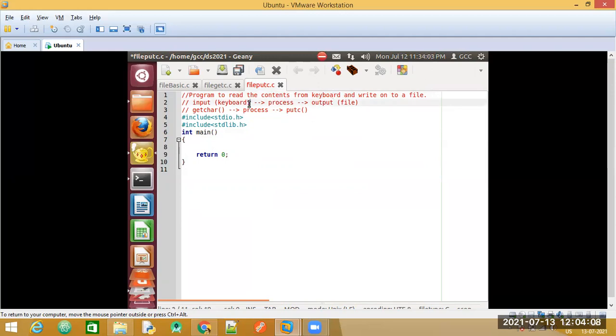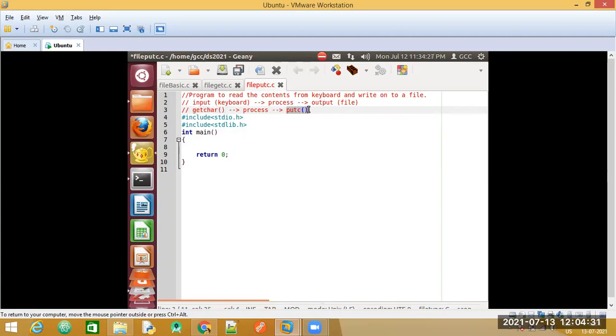So for that, we know that if we want to accept the input from the user through the keyboard, we will make use of the getChar function. Then we need to print it or display the output. We need to write the content on the file. So for that, we'll make use of the putC function.